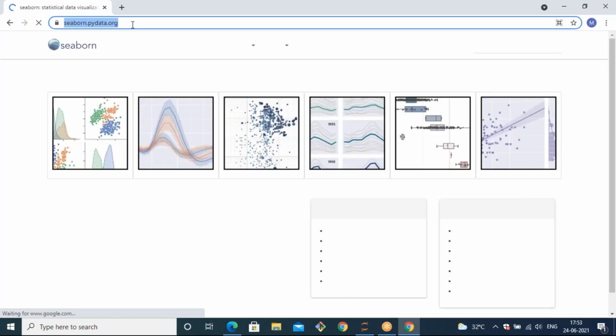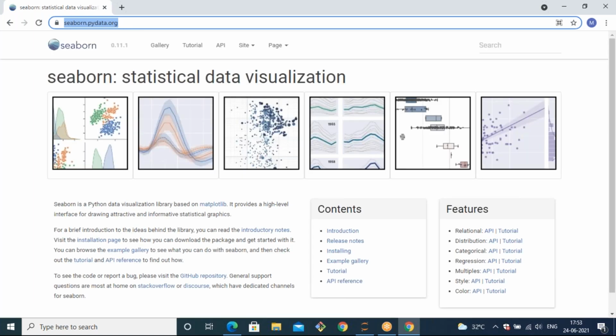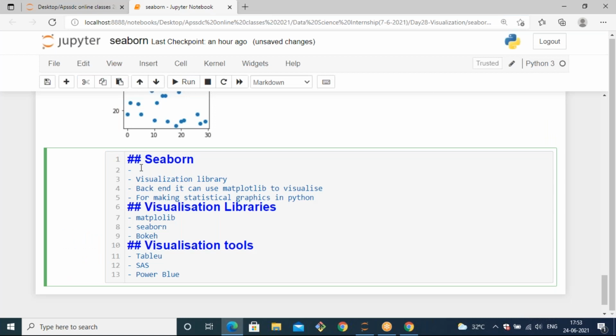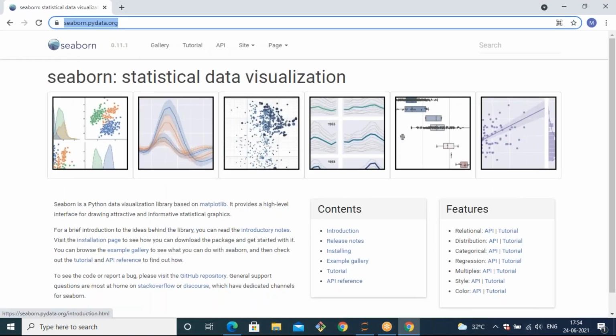I'm going to mention this URL for you. If you have any doubts regarding Seaborn, just go through that website, and there you can observe all kinds of examples, codings, and material. How to install it, tutorials, and API reference are also there. You just go through this website when you have any doubts.